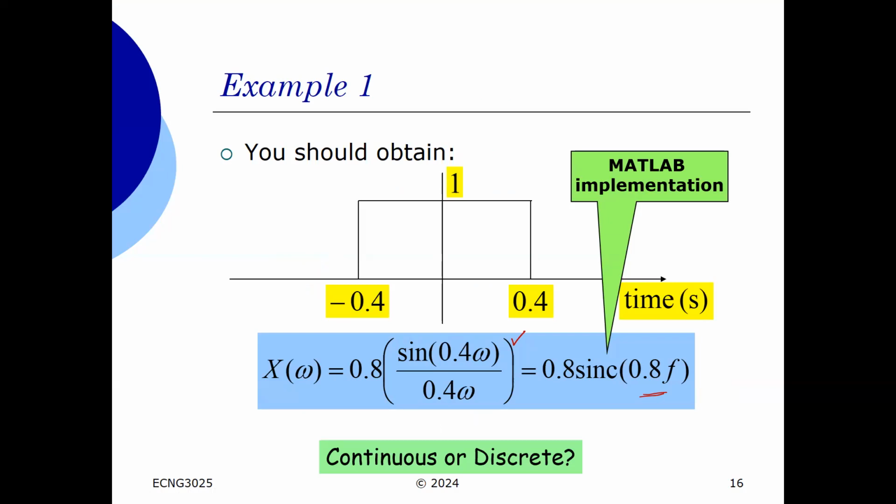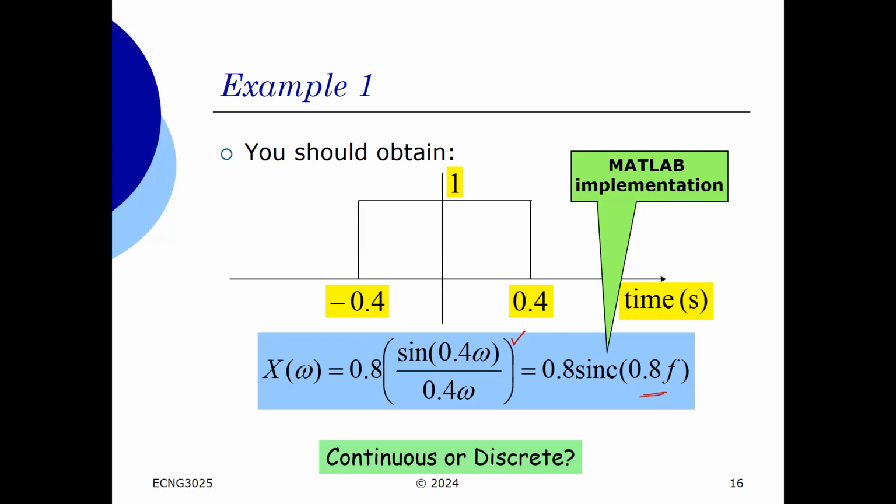Good, nice. Right, so it's a continuous function of f, but if you want to plot it, you really have to pick some values of f to plot. So although it's continuous, you have to discretize this in your mind or apply some values of f, 0.1, 0.2, 0.3, or whatever it is, and then connect the points. Which is why I'm making the point that if I were to just tell MATLAB, plot this, just put that function, plot